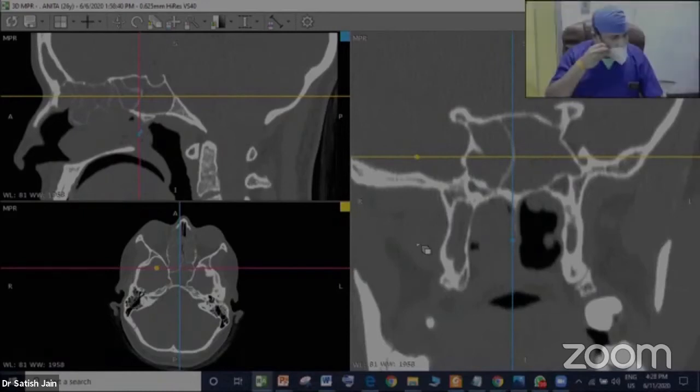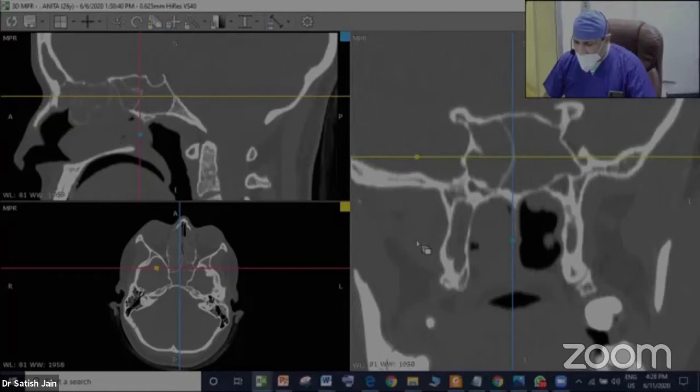that doesn't matter, but we tend to go mostly from front to back because that's the plane that we operate in. So I think what you did is incredible, very nice, and I don't think I need to add anything more than that. The only comment is that a lot of people do triplanar CT scans on a DVD. They have 1,200 images there, but they don't know how to read it. So I think doing the scans is fine, but knowing how to interpret that information critically to avoid complications during the surgery is more important.